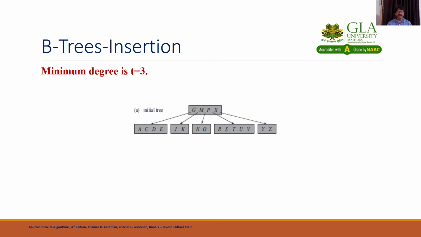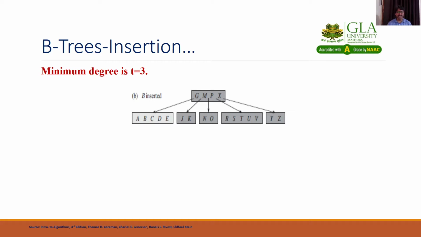So we will check here. B will be compared with the G, it will go in the left direction. Here after A it will go. So we can insert directly. Why? Because we have to find out the maximum number of keys. So 5 keys may be possible, 3 into 2 minus 1. So easily you can insert the B. So in this node you have inserted the key.